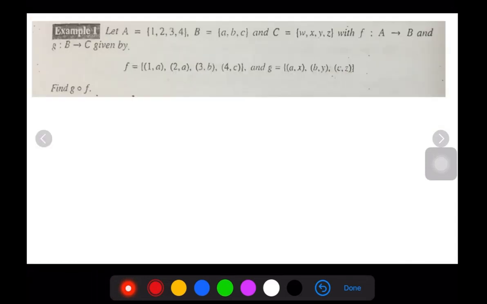That is about the definition. Let us move on to a simple problem which I have taken here to show that. Let A be a set defined with elements 1, 2, 3, 4. B is a set with the elements a, b, c. C is a set with the elements w, x, y, and z. Since we need 3 sets, there are 3 sets here, 1, 2, 3. And F is a function from A to B, and G is a function from B to C, given by